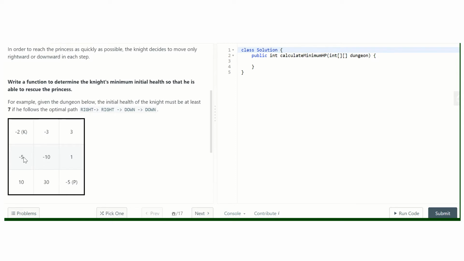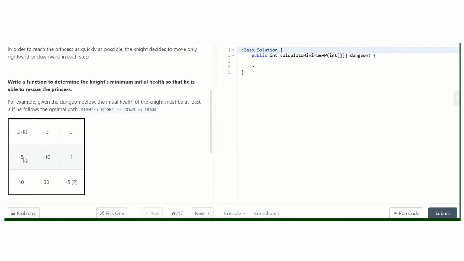In this way, if at any cell we have positive points, then it can heal, but before stepping onto that cell we need to have at least 1 point.